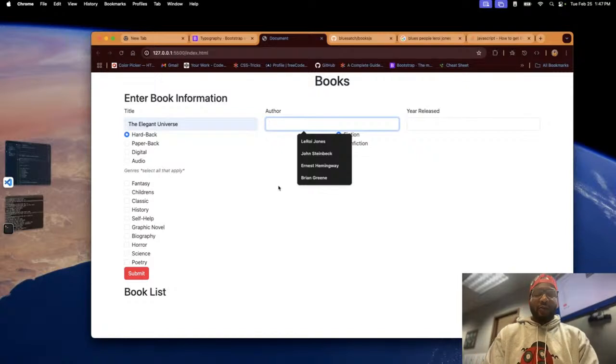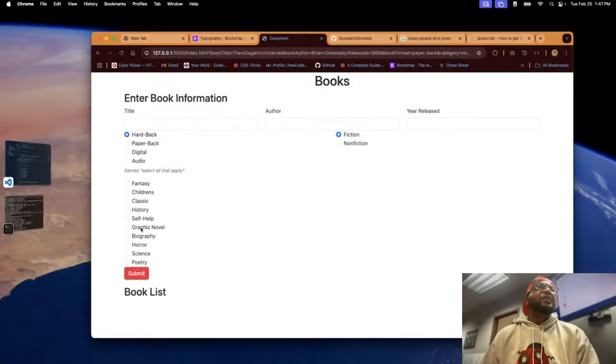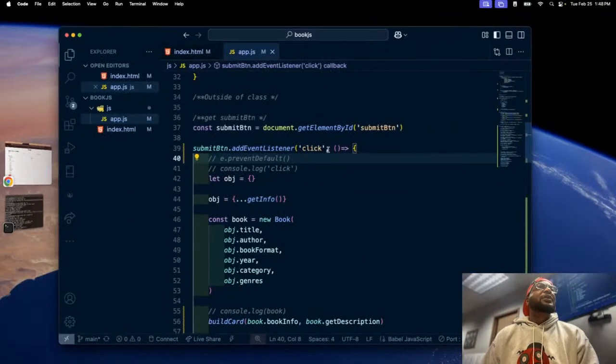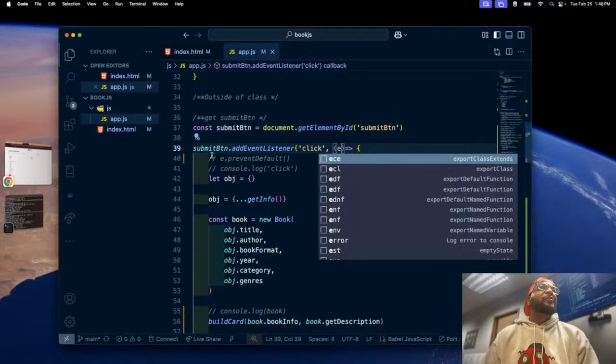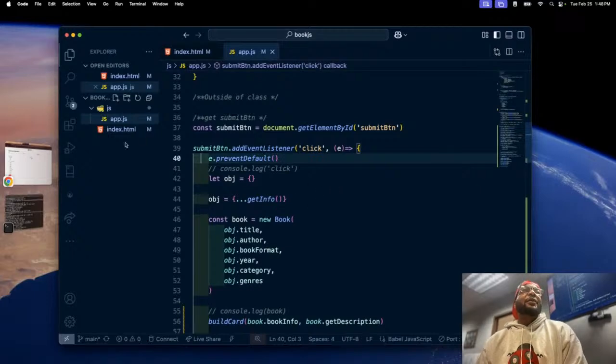That's just the screen. Let's see. Paperback, nonfiction, science. Oh, so flash too fast. So no, I do want to keep that there. All right. So